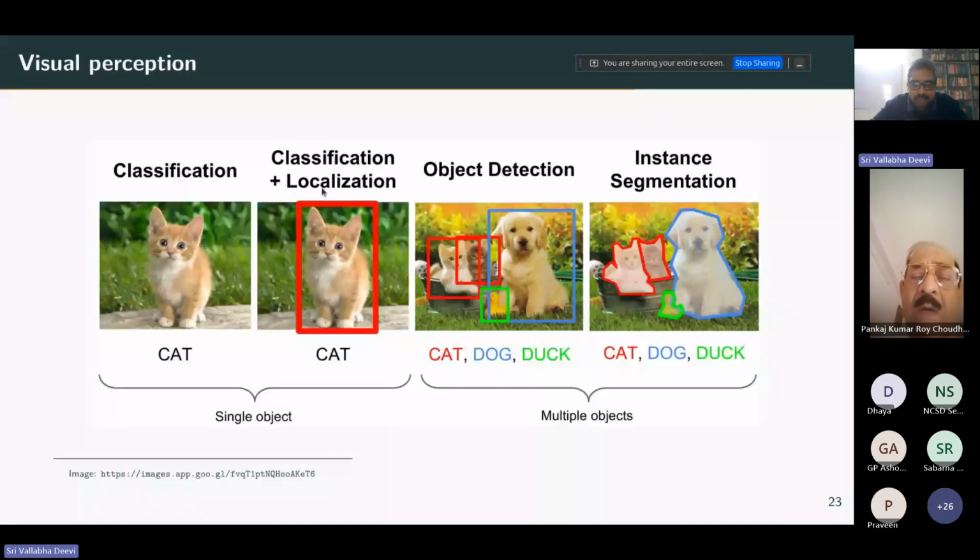So when you pass an image to the deep learning model, the model will be able to tell you whether what is there in the image is a cat or dog, or where the cat or dog is, or what is the outline of the cat or dog. Now, what is the use of cat or dog here? It is not cat or dog that we are looking at, but what we are saying is we can use